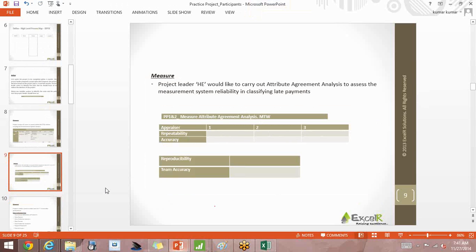Then I use my measurement attribute agreement analysis. This attribute agreement analysis, I think, Anuj, we have done it even in our black belt, right? So I'll just skip this. Is that okay, or do you want me to do this?